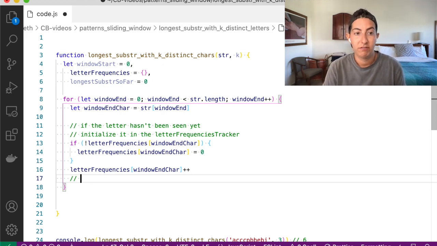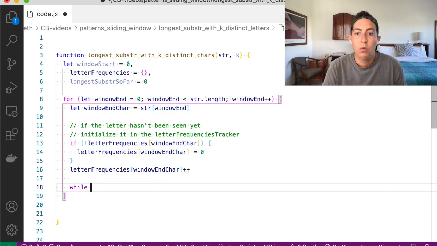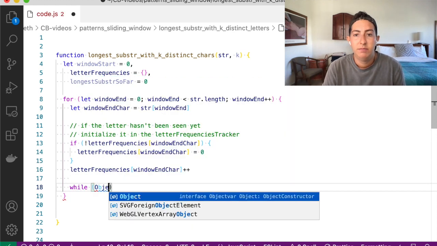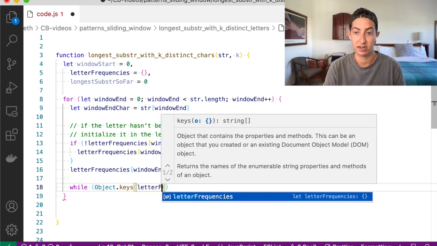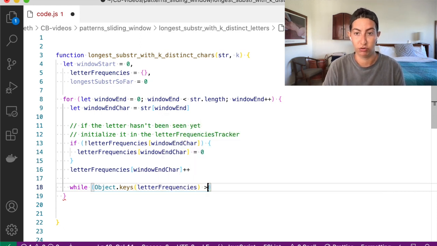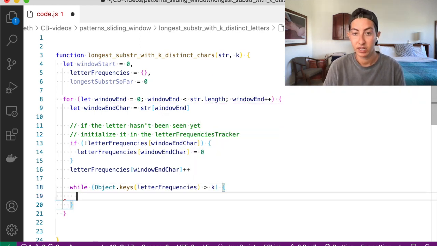So we can do that like this. We could say while the Object.keys, so we're going to be checking the length of the keys in the letter frequency tracker. So while that is greater than k, then,